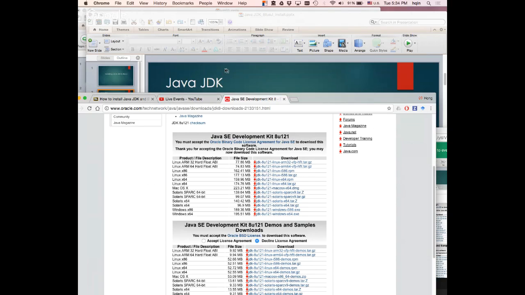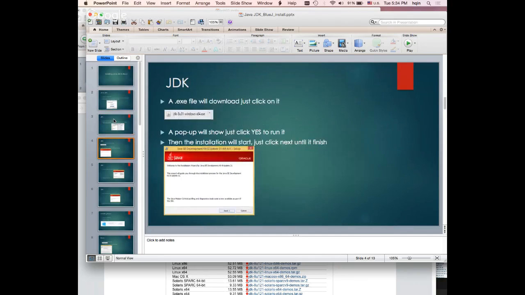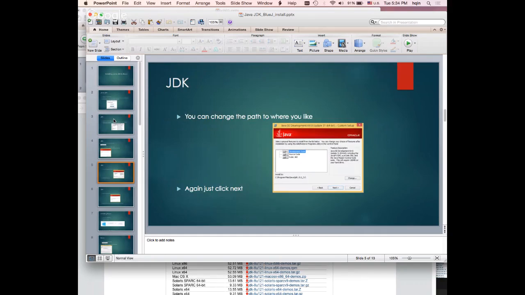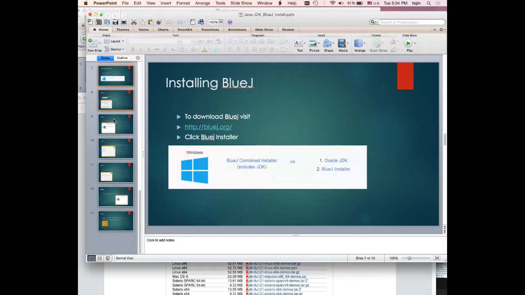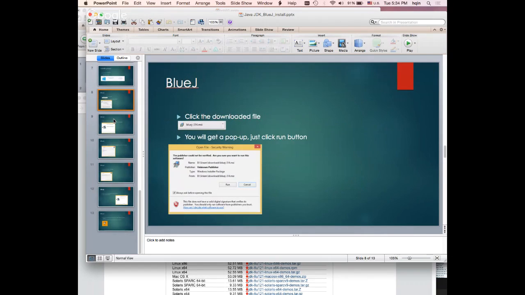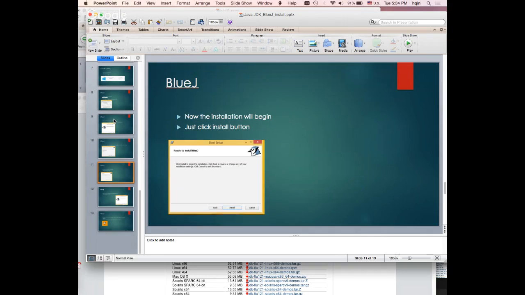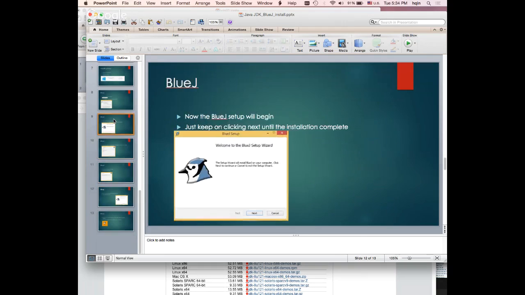After you download the JDK, you can test it. You have to install Java and then BlueJ. The order cannot be reversed. Then you can install BlueJ. BlueJ is actually,